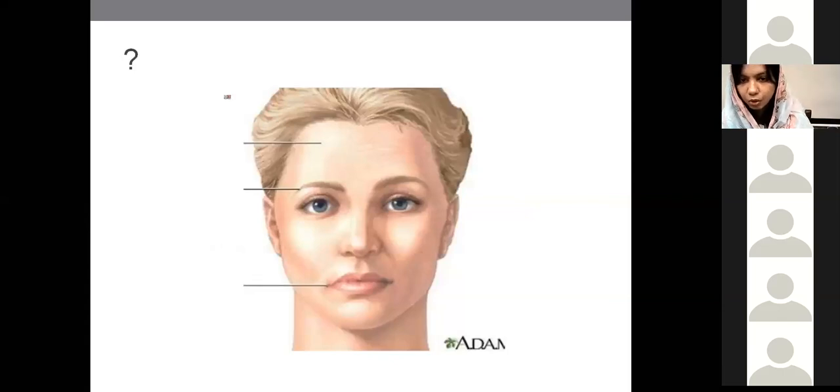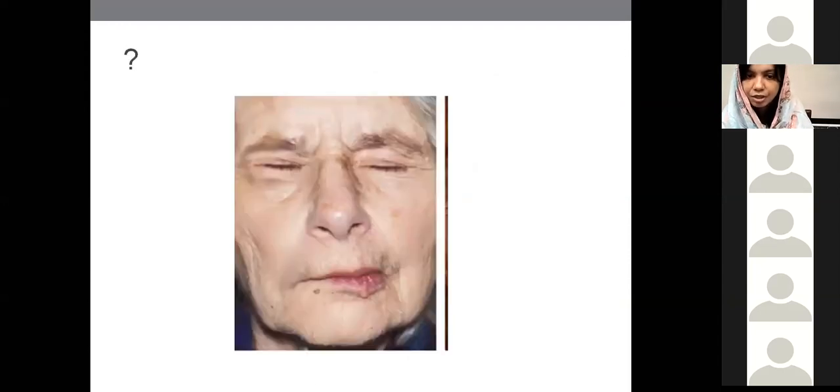It involves the whole part of the face. The most common cause is Bell's palsy. Bell's palsy is the idiopathic lower motor neuron facial involvement, and we usually treat it with steroids. This is basically the upper motor neuron facial palsy because it is involving the lower part of the face only and sparing the upper half.